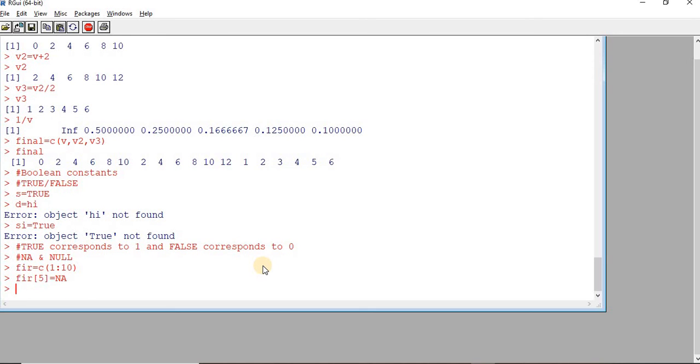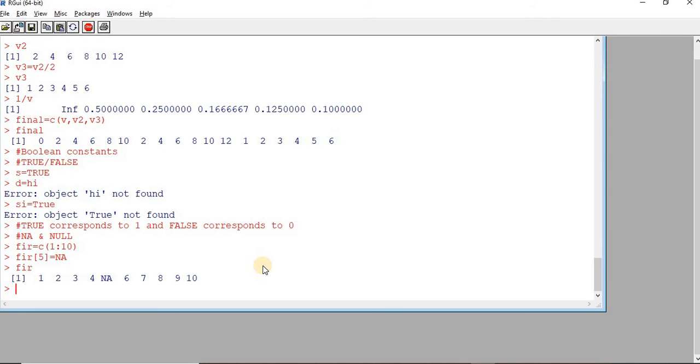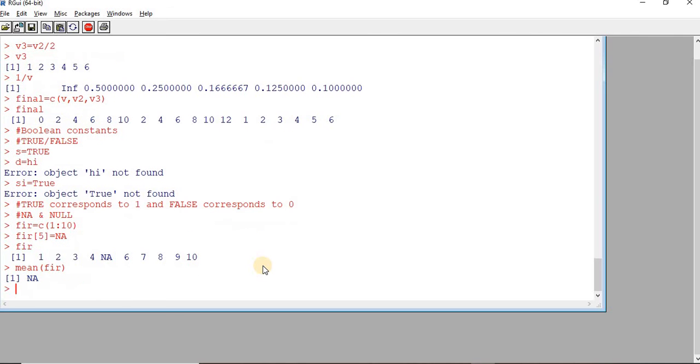Now what happens? I cannot normally perform certain operations like mean of FIR. This will give you NA.